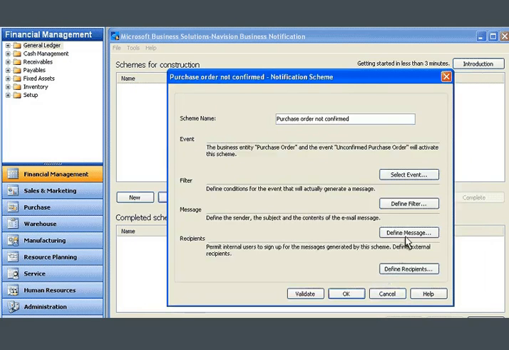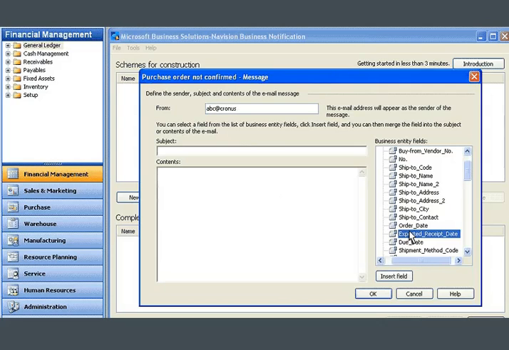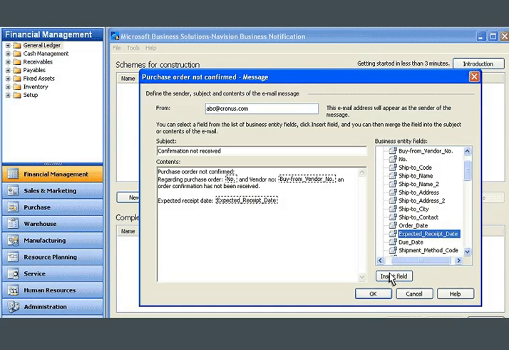In the Message window, you can enter details about the notification email that will be sent every time the event occurs. In this case, every time an order confirmation is not received. You can enter different types of information in the Contents field, for example, the number of related purchase order and other fields from the Navision application, as well as text, to ensure that the recipient understands what the message is